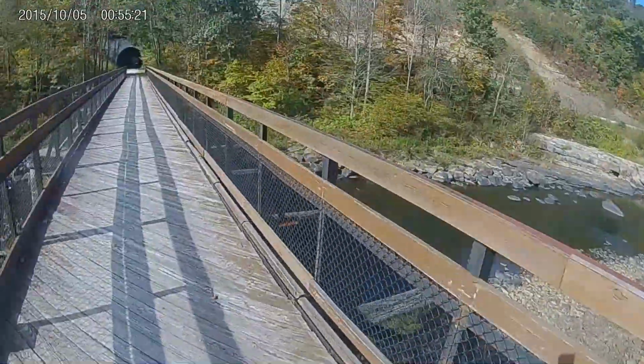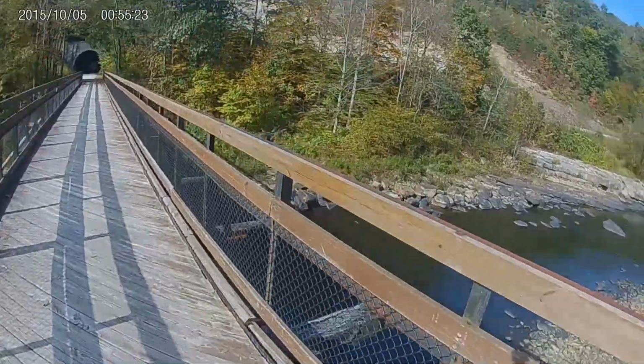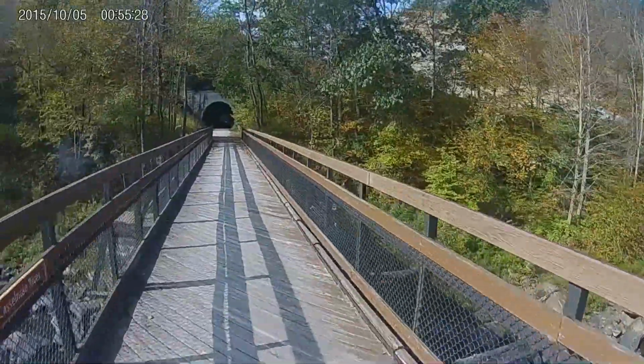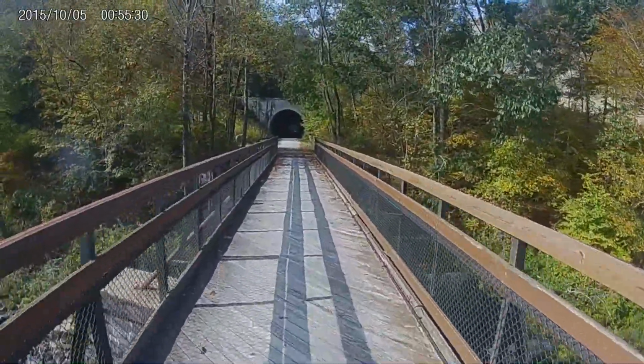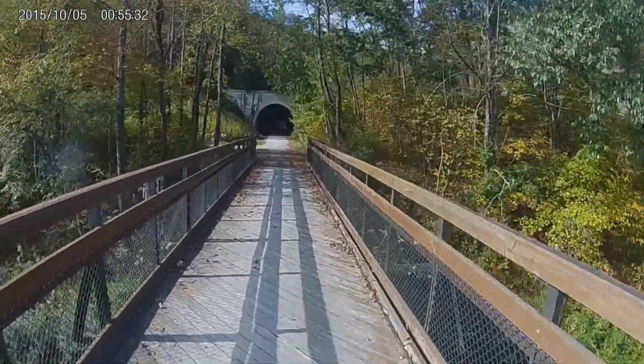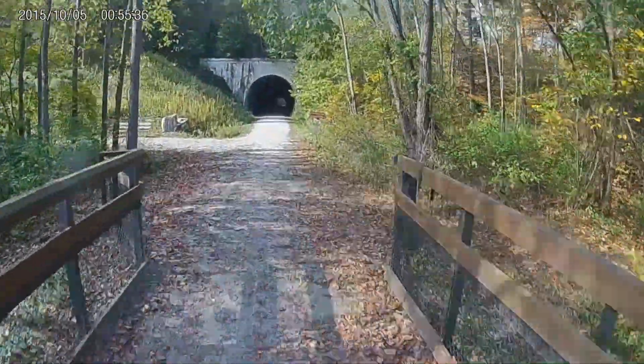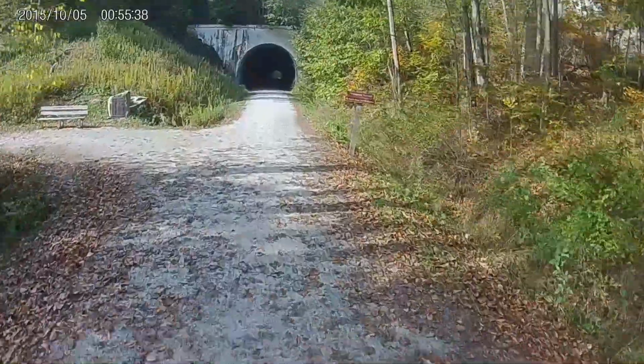Leaves starting to turn. The gorge on the other side seems a lot deeper, so there must have been a drop on the other side. There must have been some falls on the other side that were outside my view. This was the Pinkerton Tunnel that I'm going through here,